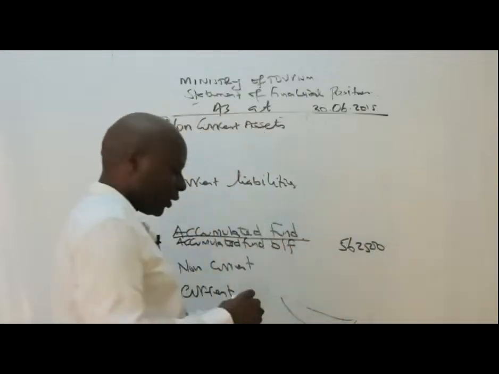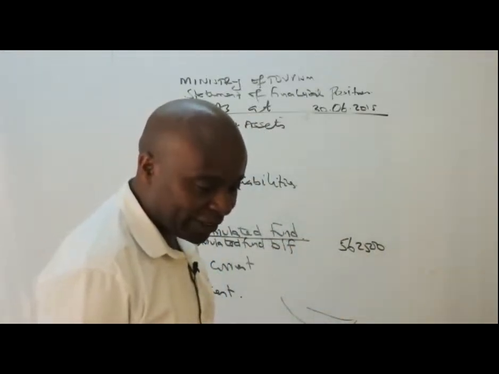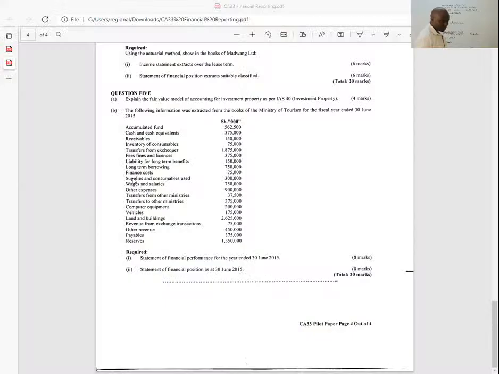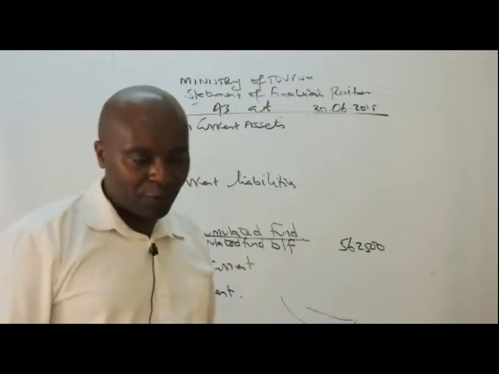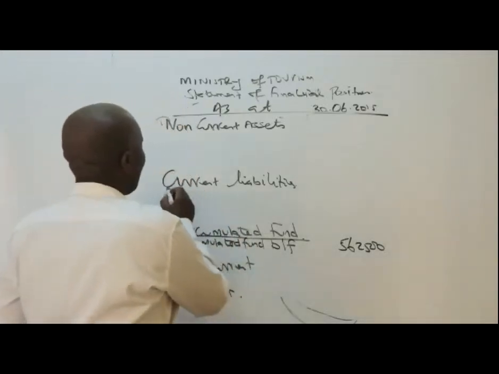Great. We go to the second one. Ladies and gentlemen, mine is quite an easy task, really. The next one is cash and cash equivalents. Where should I put cash and cash equivalents, my good students? I'm waiting to hear from you. Yes, current assets. Thank you very much. Current assets, cash